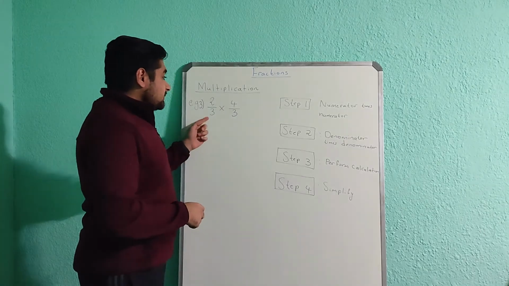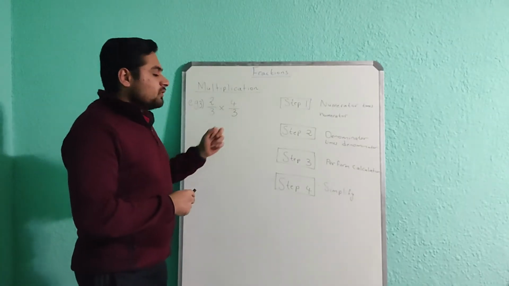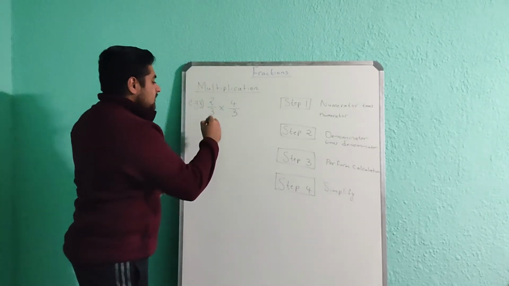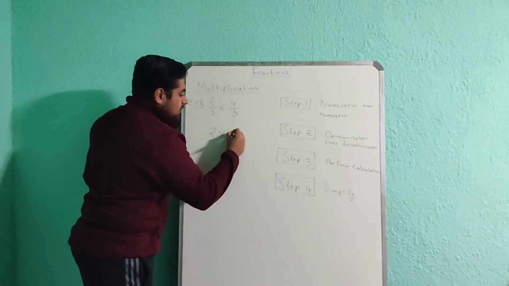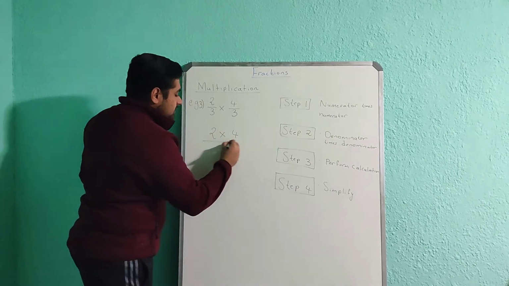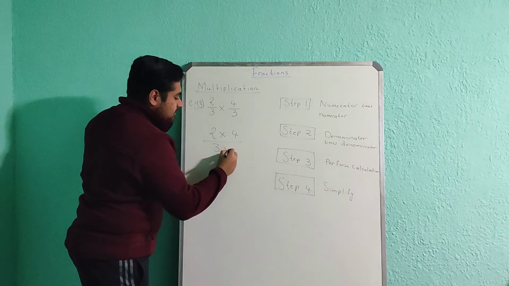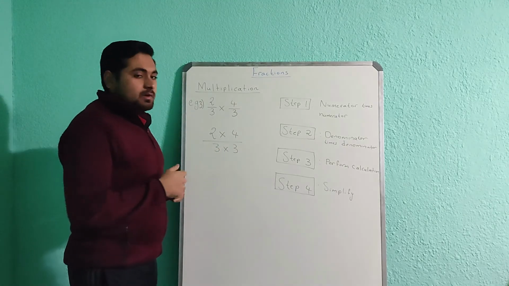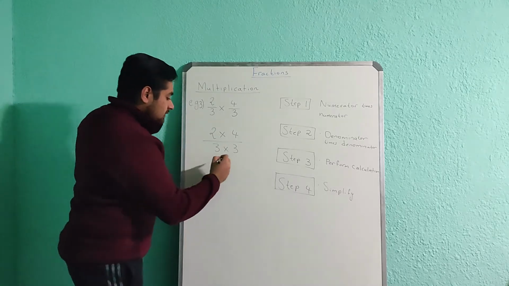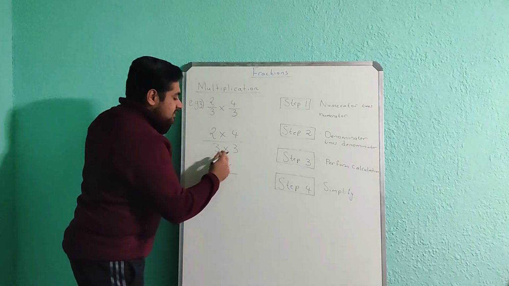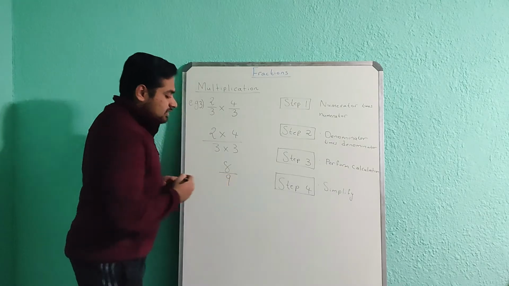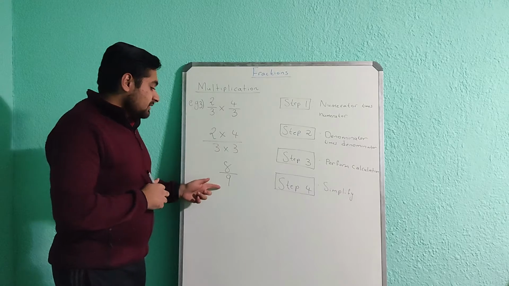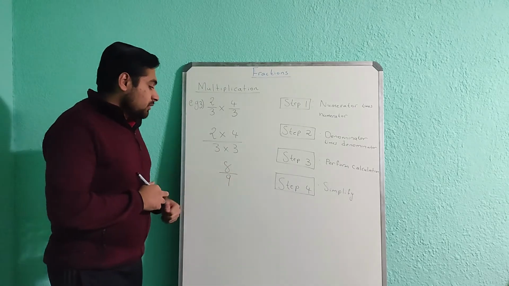So example 3 says 2 over 3 times 4 over 3. Now let's follow those steps. Step 1 says numerator times numerator. Step 2 says denominator times denominator. Step 3 says perform the calculation. So what is 2 times 4? That's 8. And what is 3 times 3? 9. So this is our final answer, because we cannot divide by any number that can go into both,